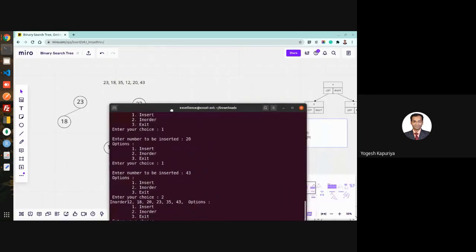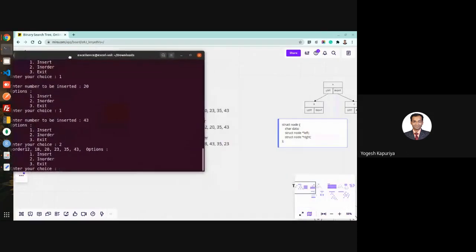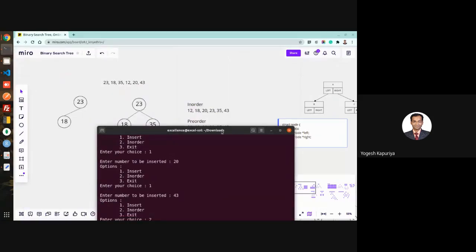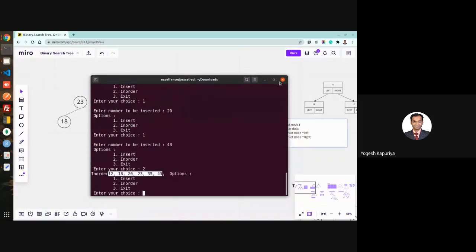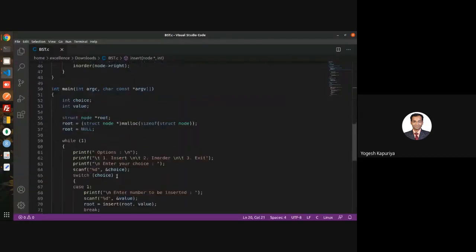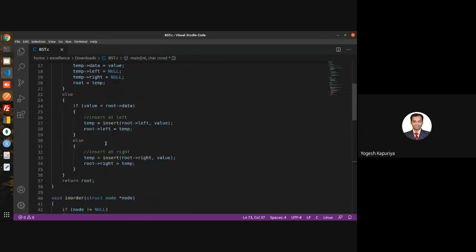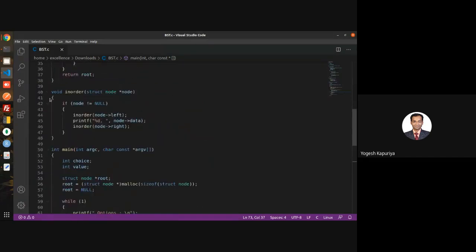Let's see whether this in-order is correct or not. It's 12, 18, 20, 23, 35 and 43, right? So that is working perfectly. That means my binary search tree is created, and my insert operation is perfect.